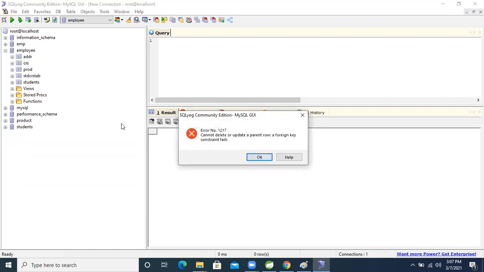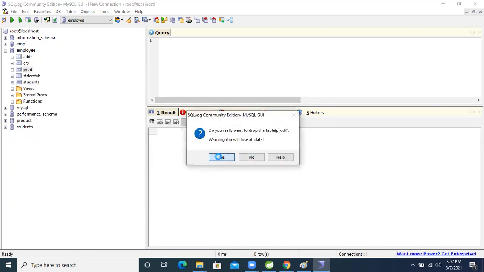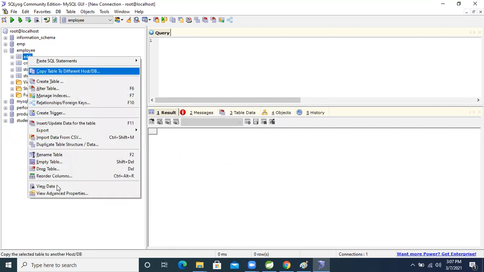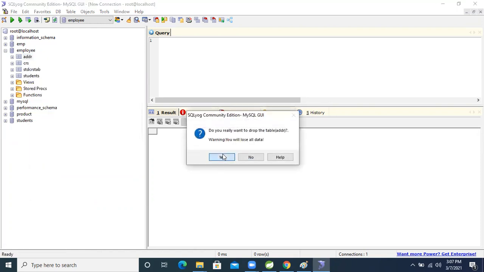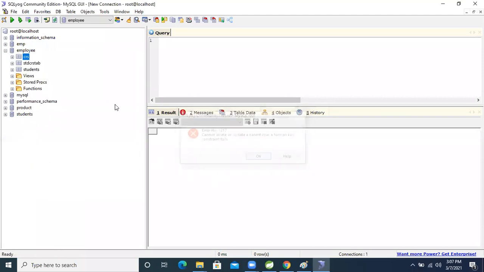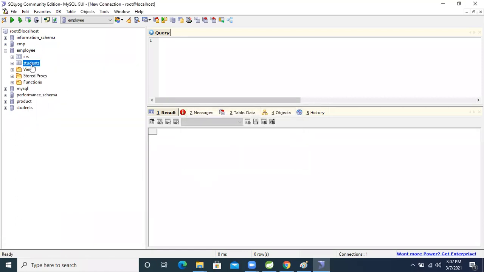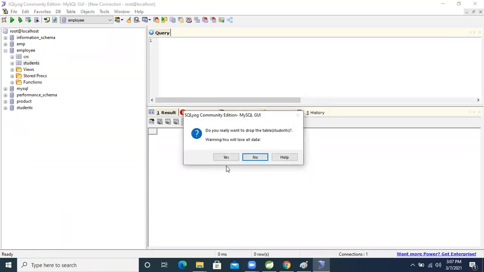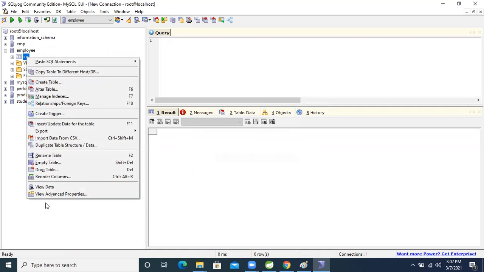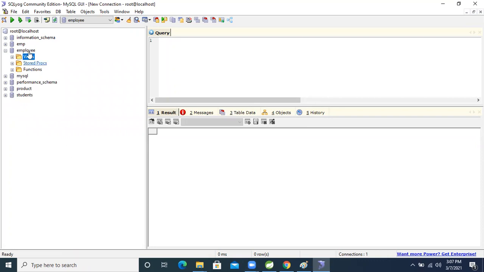Then we will generate it again. Fine. This is the employee database in MySQL.